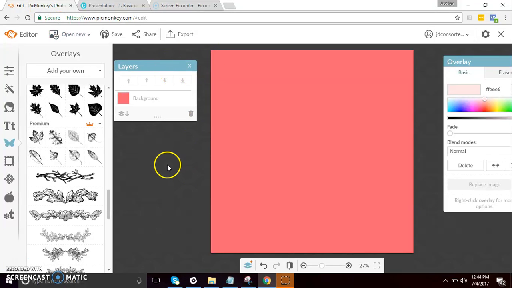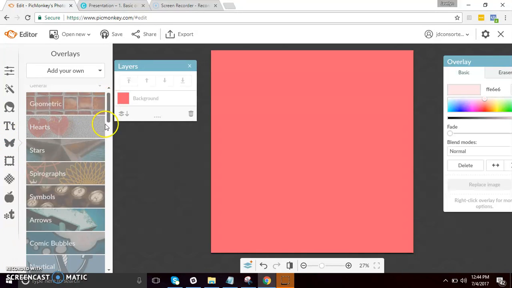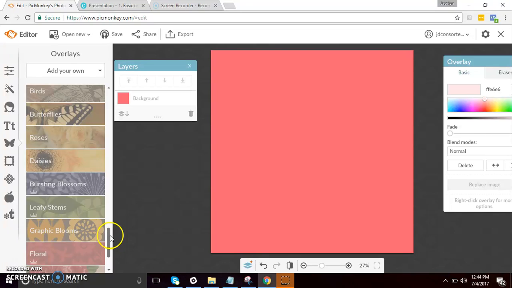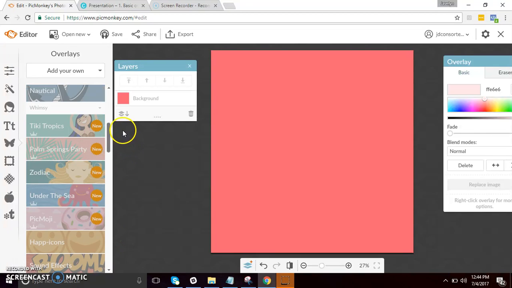Now, for example, this is the blank template that we are going to edit. Head over to the overlay area, the butterfly icon, click on it, and you will see the different kinds of overlays. Depending on your design, choose whatever overlay you like.